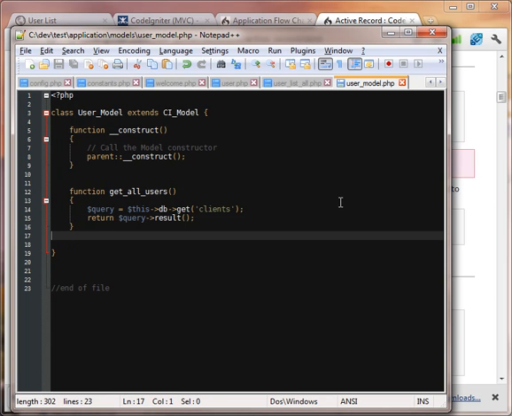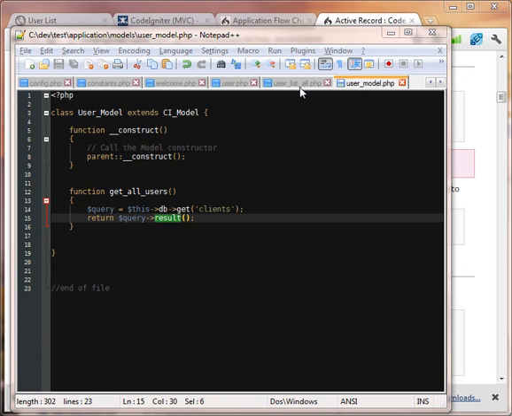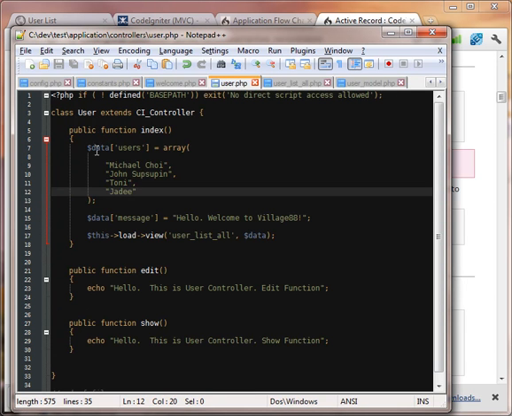Okay, so this basically gets all the information from the clients table and then it's supposed to return all the results. Okay, so now let's go back to the controller, and instead of just creating the fake array, fake information about